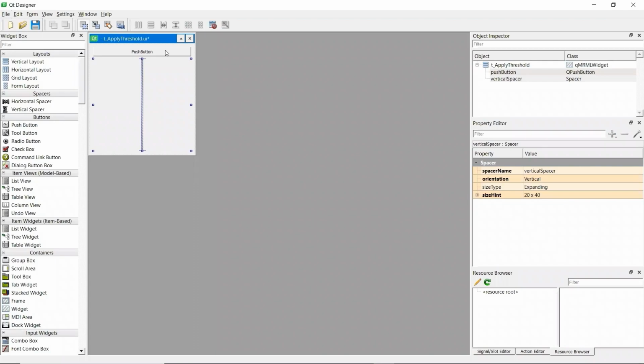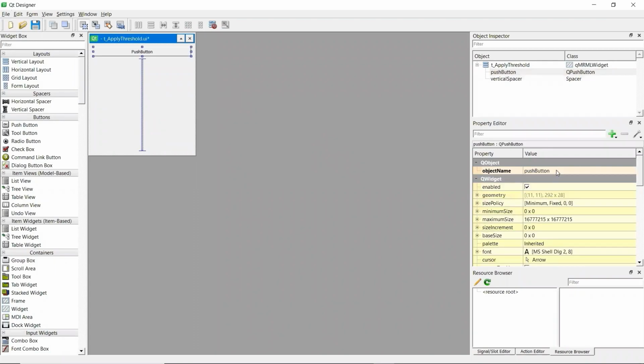When we select the QPushButton, we can find the object name of the QPushButton in the property editor. Let's change the object name to QPushButton Hello World, and then we change the text of the button to Say hello by clicking QPushButton. Can we make this button more beautiful and change the background color when our mouse hovers over the button? Yes, we can do that.